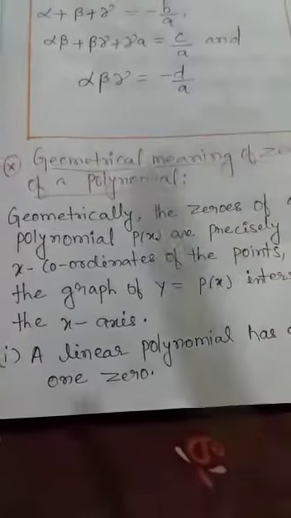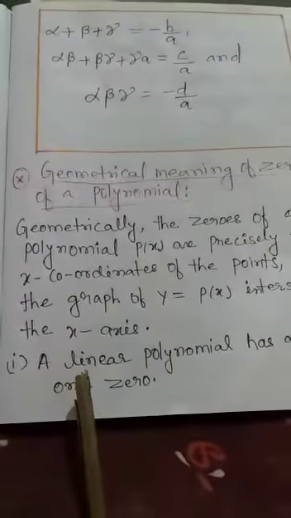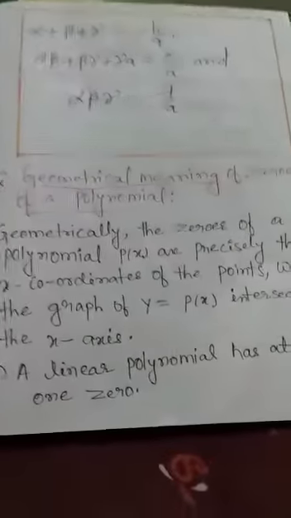Now see, in that case if the polynomial is linear, then it will intersect at how many points? 1 zero. If the polynomial is quadratic, then there must be how many? 2 zeros. And in general you can say a polynomial of degree n has at most n zeros. Is that clear? Please go through it. Once after writing the notes, go through it again and again. After that you will understand how we will solve problems. Rest in the next class. Thank you.